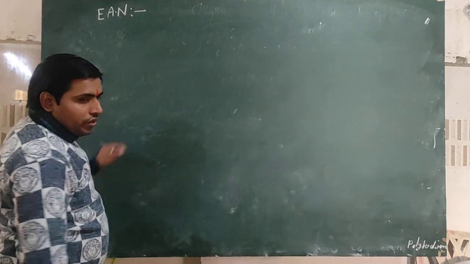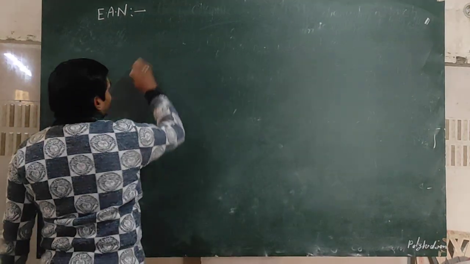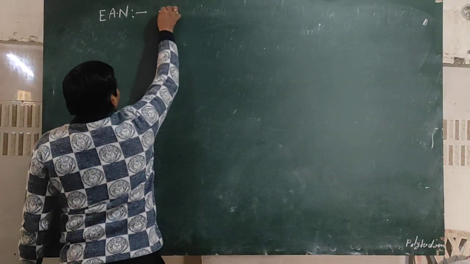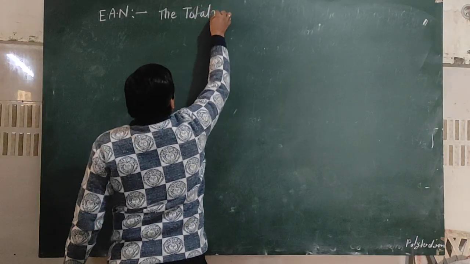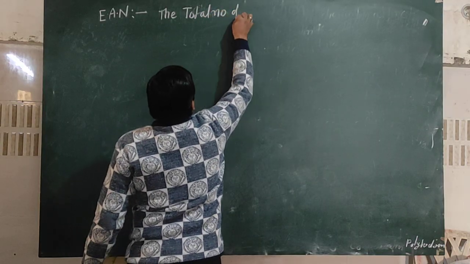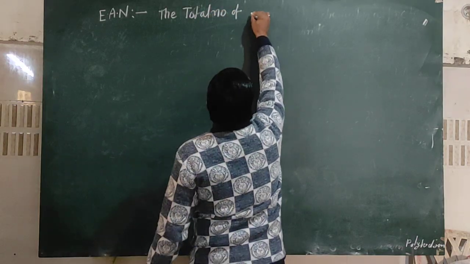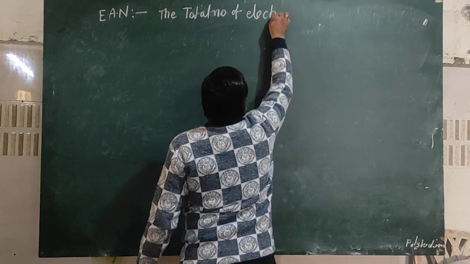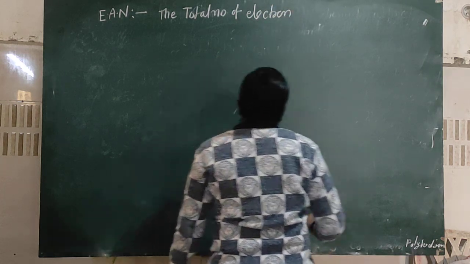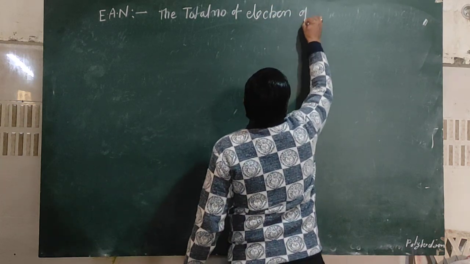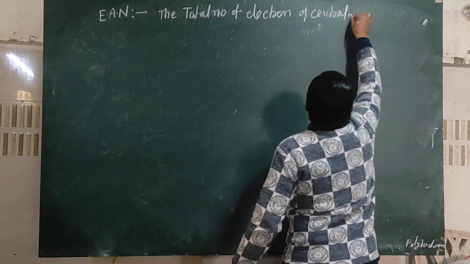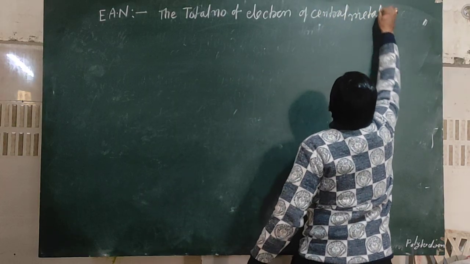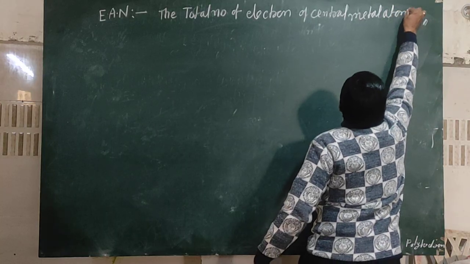Actually, EAN, we can explain it in a very easy way, that the total number of electrons of central metal atom or